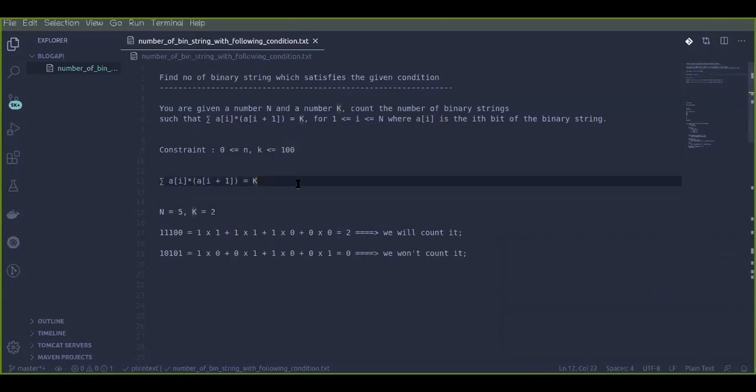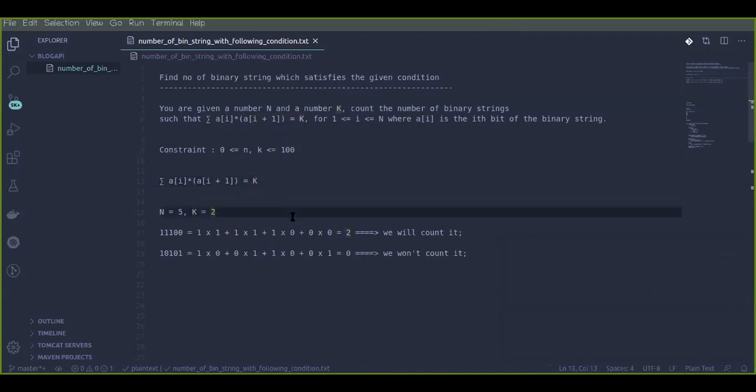Okay, cool. So we need to find all such binary strings of length n where this particular condition should be met. Here we are just finding the sum of multiplication of all the adjacent values, and the answer we are supposed to find is k.